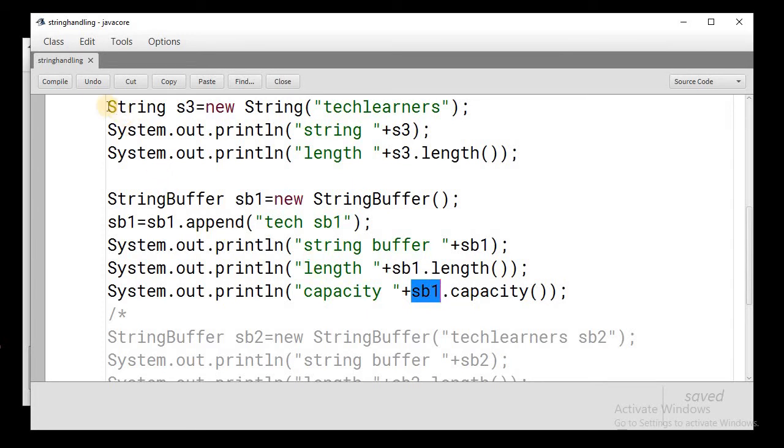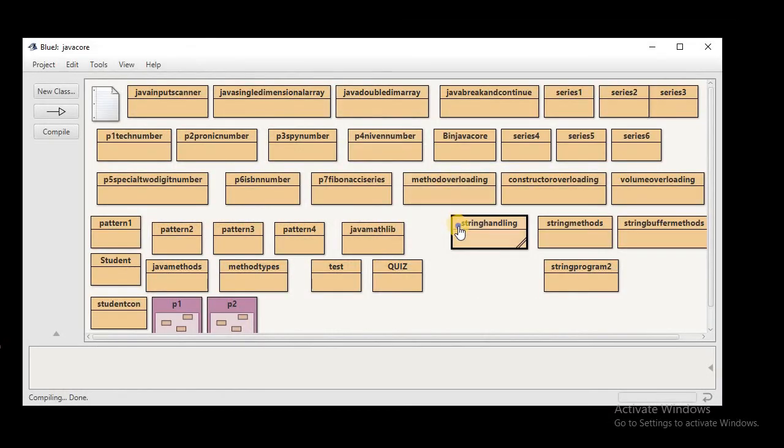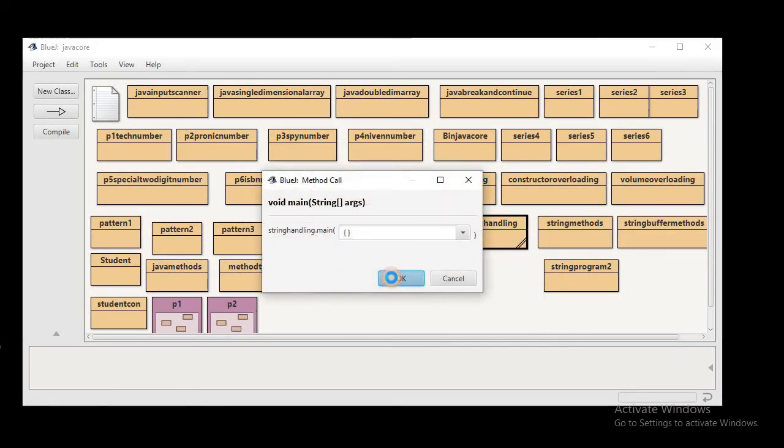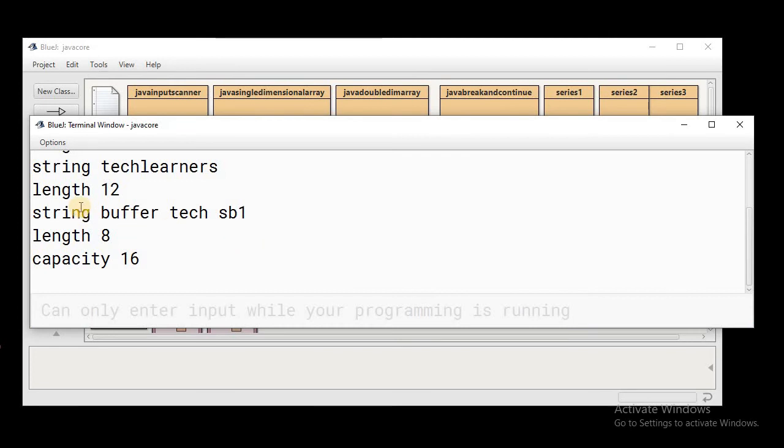So let's compile and see the output of this string buffer creation. So right, this is the string buffer. We can see the value is tech sb1, the length is 8, but the capacity is 16. So 16 is the maximum number of characters this sb1 can hold.